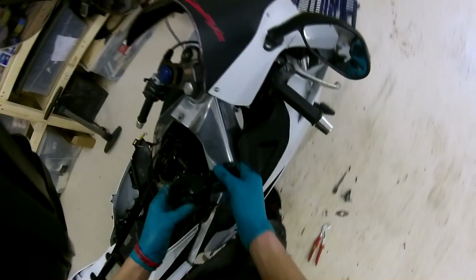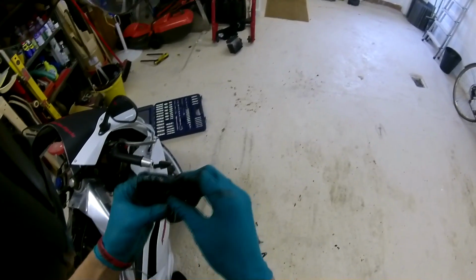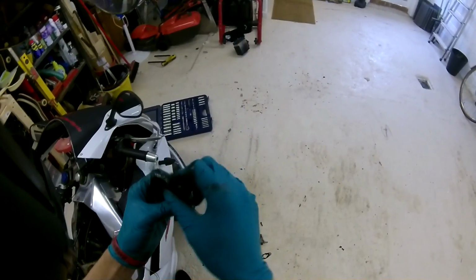So I'm going to put all this back together now. I will clean this just so it's easier to get out next time, and put it back in. I'm going to have to ride around with my Powervalve fully closed shut. But it doesn't matter, because it means at least I can still ride my bike, and I'd prefer it being fully closed shut than fully open, because it's just